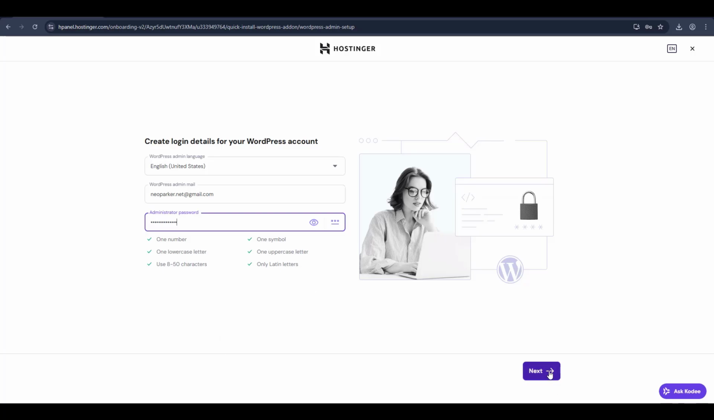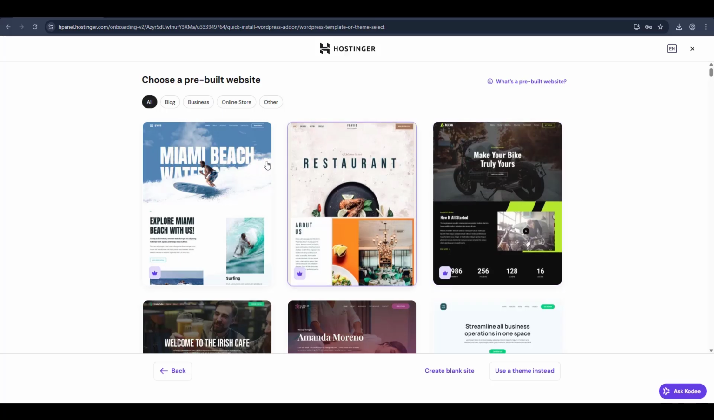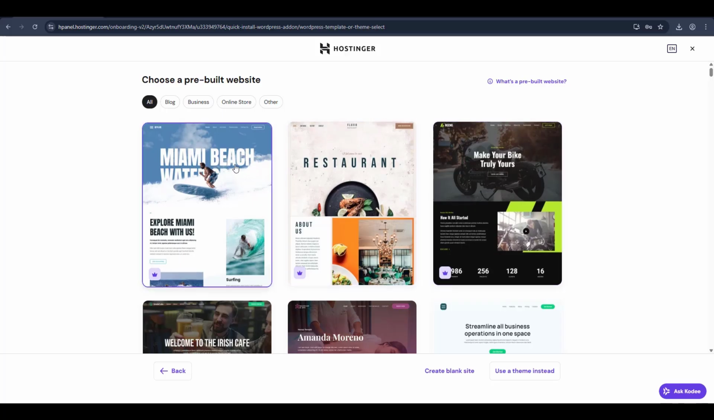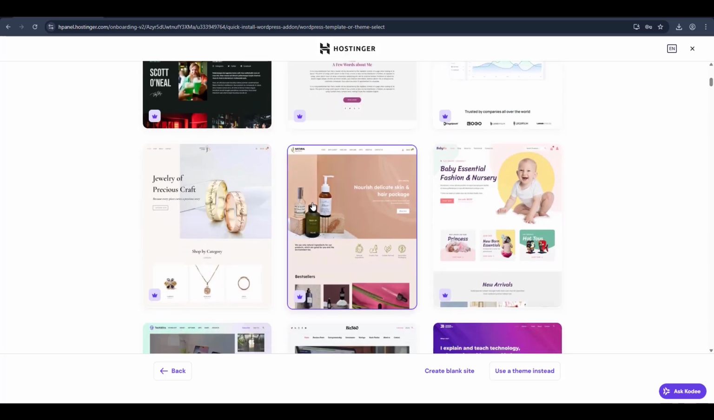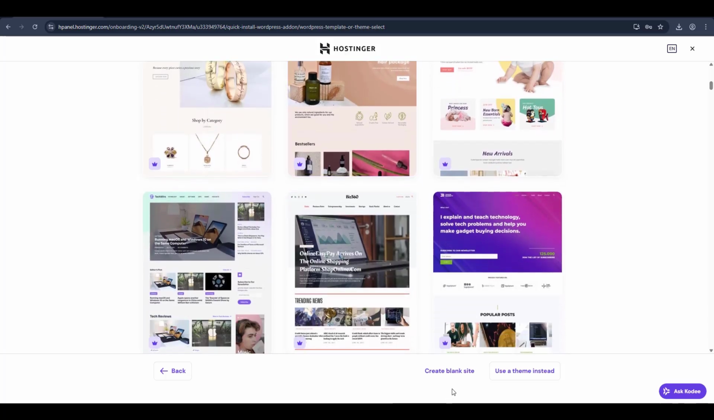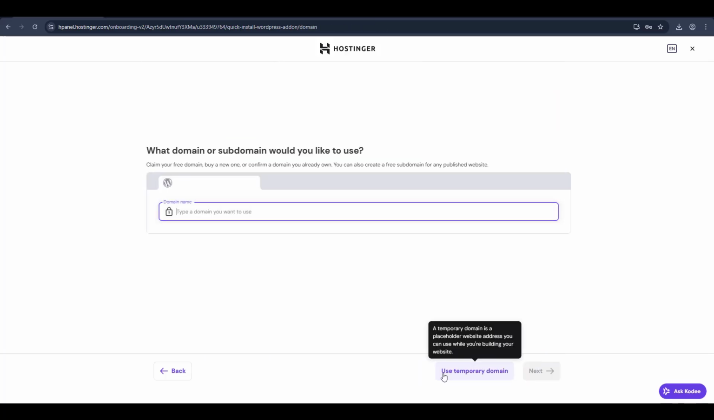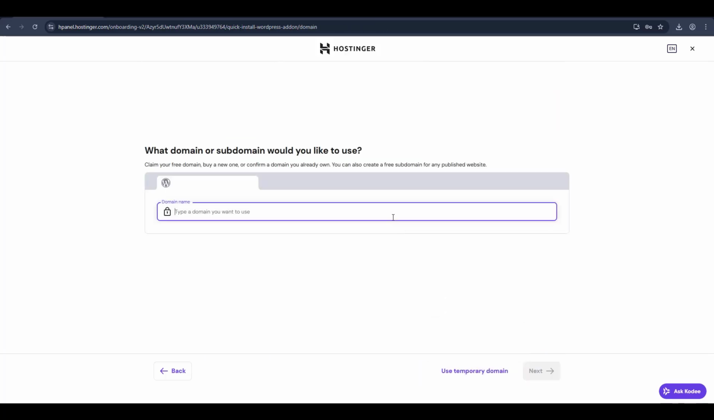Now click on next. It's asking me to use any pre-built website or templates, but since I'm not going to use any of this, I'm going to create a blank website. So I'm going to click create blank site. Now it's asking me for the domain name. I have a domain name for all these demo sites, so I'm going to add the domain name, demo